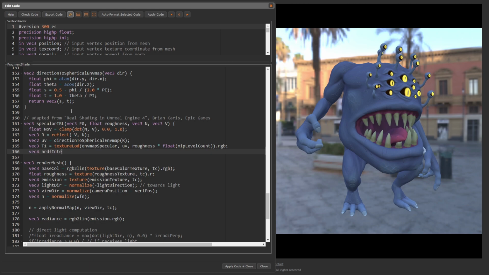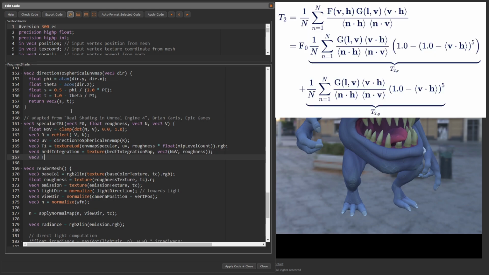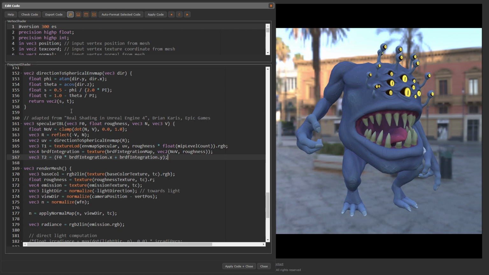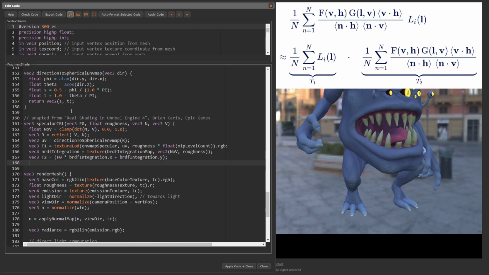Vec4 BRDF integration equals texture BRDF integration map, Vec2 n.v, roughness. Vec3 t2 equals f0 times BRDF integration.x plus BRDF integration.y. We multiply the two terms to perform the split sum approximation. Return t1 times t2.